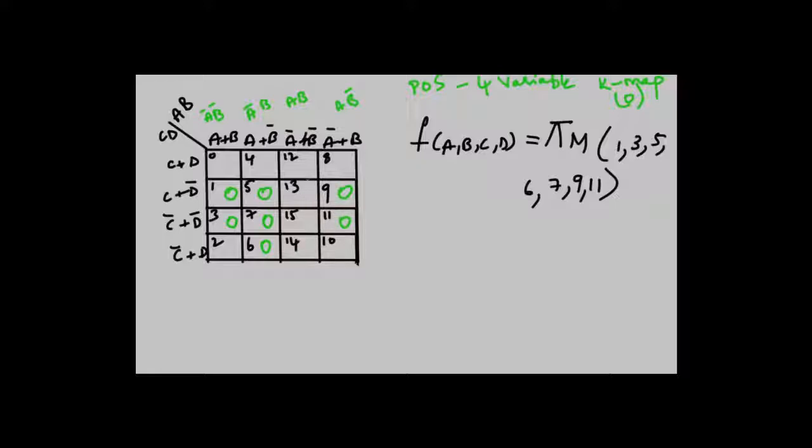Now the grouping procedure is same as we already discussed. There is no change in any grouping procedure. Same way all the rules you need to follow. So first we'll check with 16 zeros in this. So there are no 16 zeros. So we'll go with 8 zeros. And there are no 8 zeros. So next we'll go with 4 zeros. And yes, the 4 zeros means this